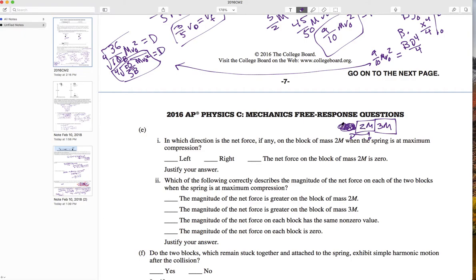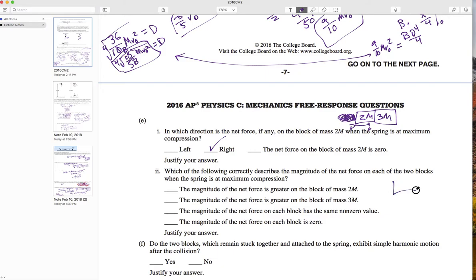And that is because what's about to happen is the spring is about to release its energy. Now, if there were an equilibrium position, well, we'd be able to see that that would probably be around 0 when the spring is at rest. If we were in a vertical situation, it might be different. But in this case, we have a net force to the right, and which describes the magnitude of the net force on each of the two blocks when the spring is at maximum compression. Well,